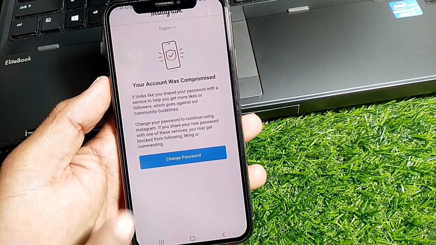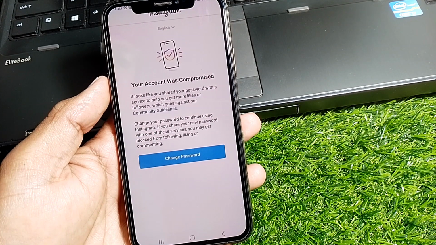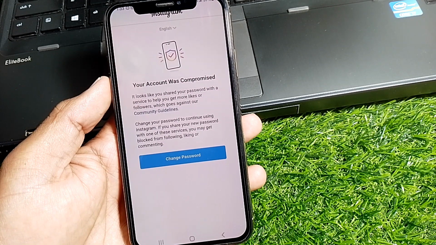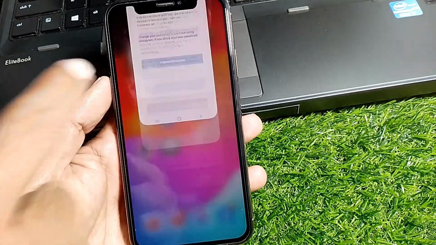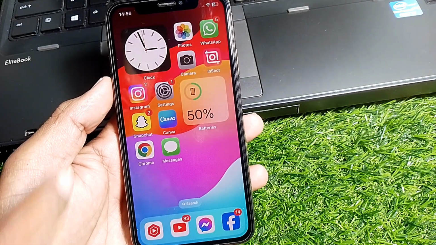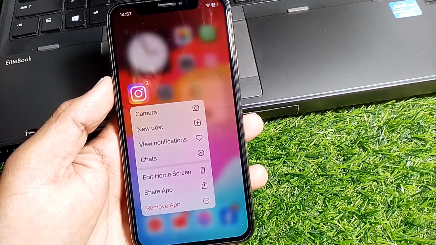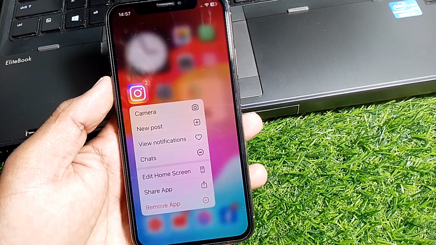So let me tell you that when you tap on change password, you can change your password, but when you open the Instagram again, you can see this type of interface. So what you need to do is just simply close this page first, and after that tap and hold the app if you're using an Android phone. Go to app info and clear the cache or clear the storage of the app,